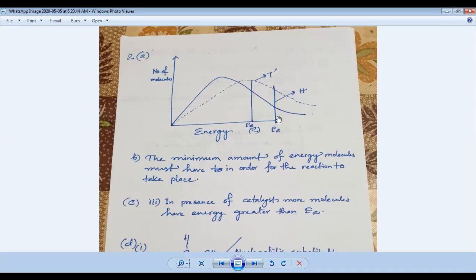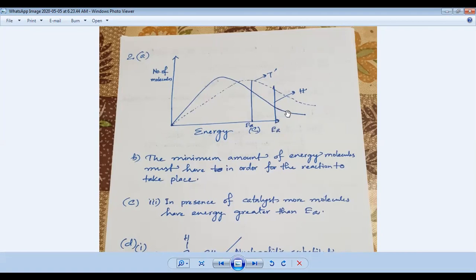In this case also, at higher temperature, activation energy remains the same, but the number of molecules having activation energy or more increases. You can see the area. Look at this activation energy EA. The solid line shows the graph at low temperature, and the dashed line shows the graph at higher temperature. Look at this. So think about the energy after this one. After this one,